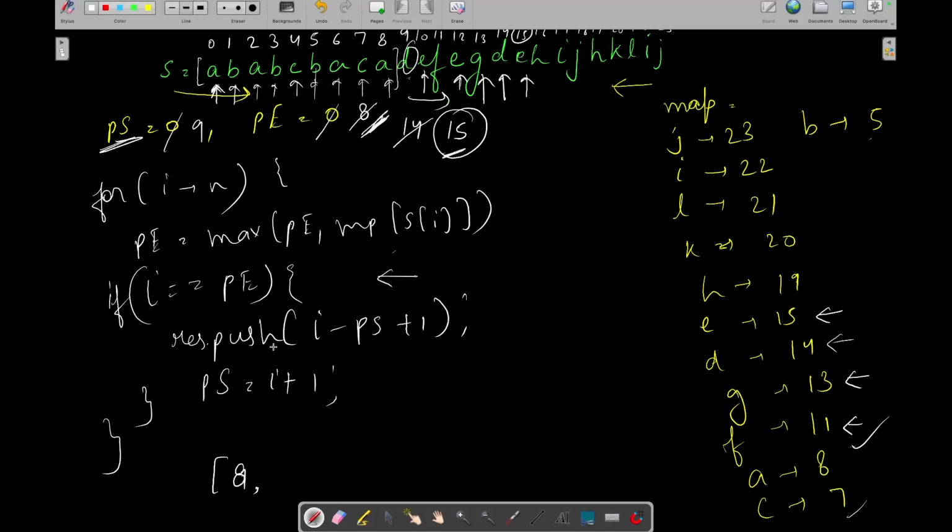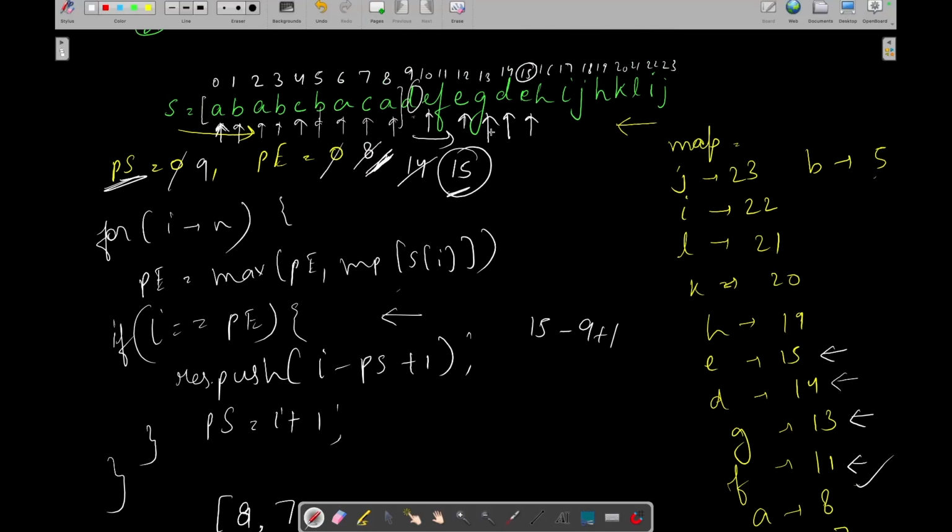We need to update our result vector with I 15 minus partition start 9 plus 1, which will give you 7, right? 15 minus 9 is 6, plus 1 is 7. Now again our partition start is pointing to I plus 1, which is 16, right? So now our partition start has become 16.